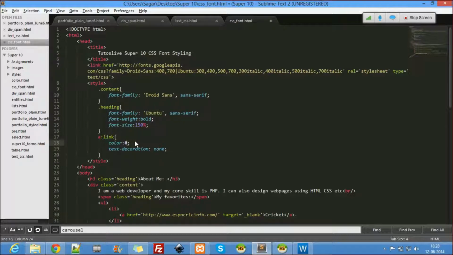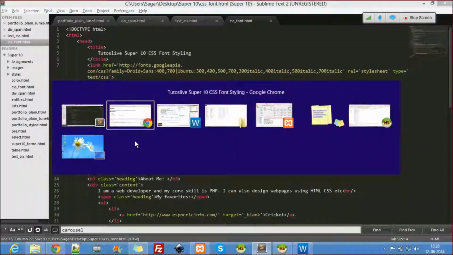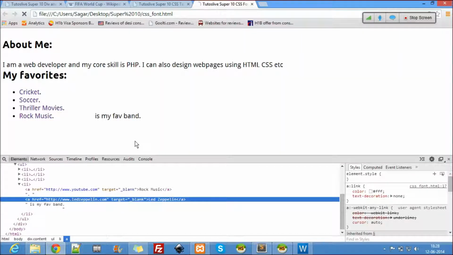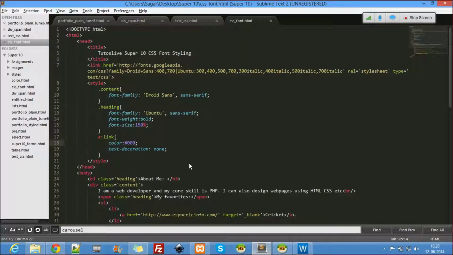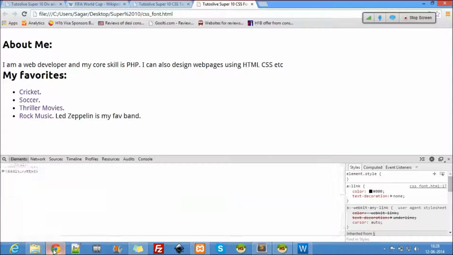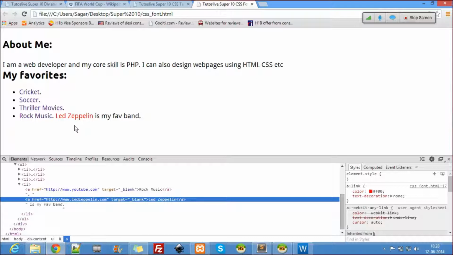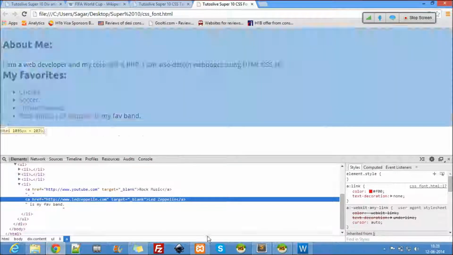That's not black, I'm sorry. Alright, it's black. So black is kind of mixing in. So let's use red. This link is not visited yet, right? Hence that's the reason it's only red. But these links are already visited.